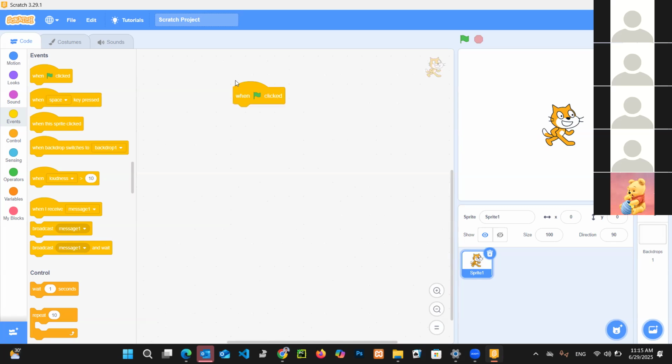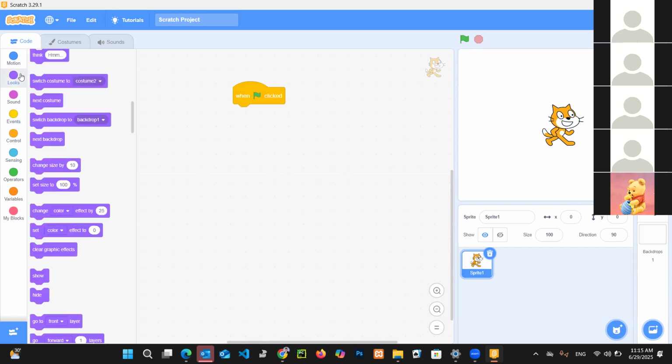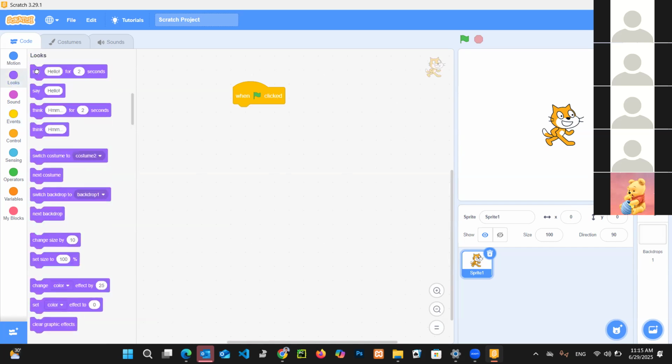We start the program. Then when we want to display a message, only a message, we have to use the say command, right? Say toss the dice, the same way we did in the flowchart. We map the same thing into Scratch, right? Toss the dice. This is the second step in our flowchart,